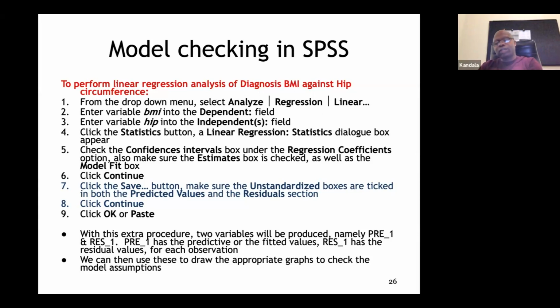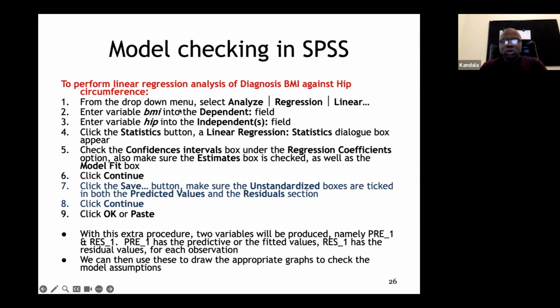If you have SPSS software, you just go to the menu, as SPSS is a menu-based software. Yes, I was just saying that we need to check the model in any software. As a data scientist, we'll be able to see whether the model we are fitting is a good one. And there are the slides here. You can see that there's a straightforward step that needs to be taken.